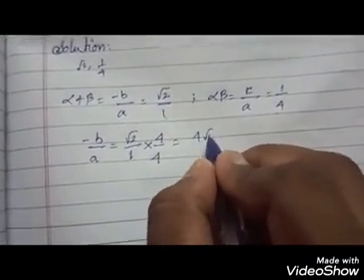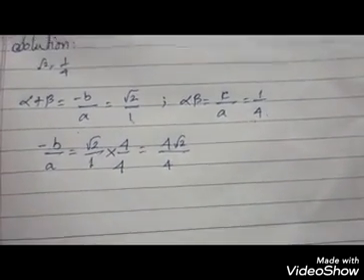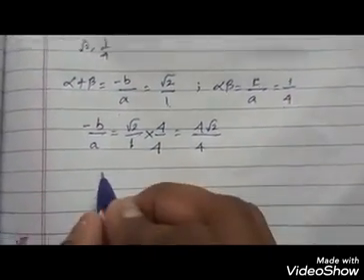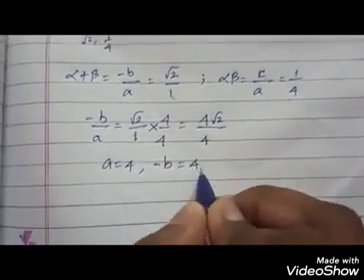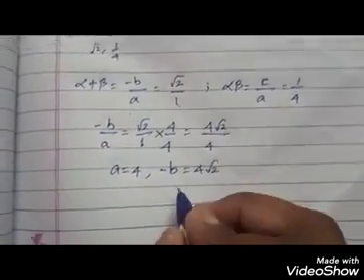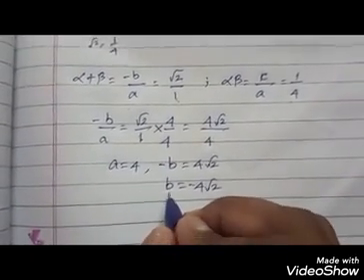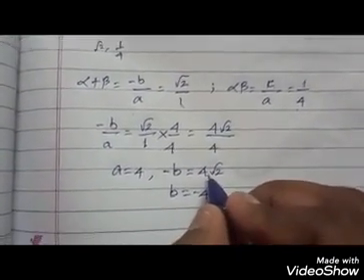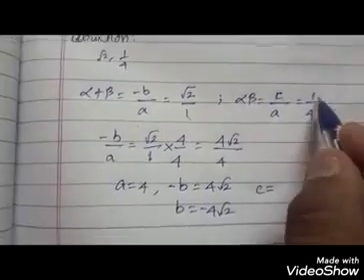So 4 root 2 divided by 4. So now you get the value a, which is equal to 4. So directly you take the value of a, which is equal to 4, comma minus b, which is equal to 4 root 2. Here you only need to write another step, b which is equal to minus 4 root 2. So always you take the positive b only, negative becomes the right hand side. So at that time, negative value means it becomes positive, positive means it becomes negative. So c which is equal to 1.